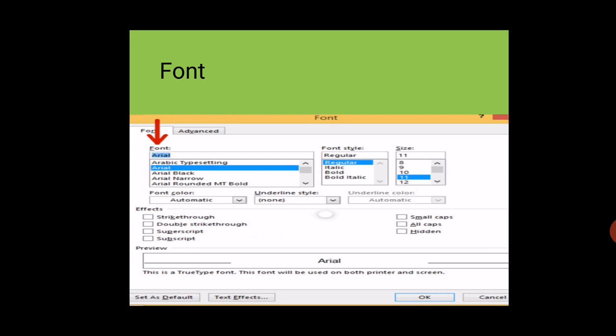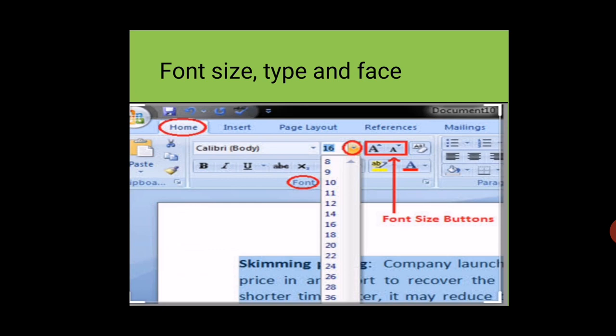You can select them. You can see in this picture, go to the home option, then go to the font group, and you can select the size and face of your font. We are choosing here Calibri body, 16 size, bold, italic, underline, strikethrough, highlighted or not highlighted, and which color you want. You can make any kind of changes here.